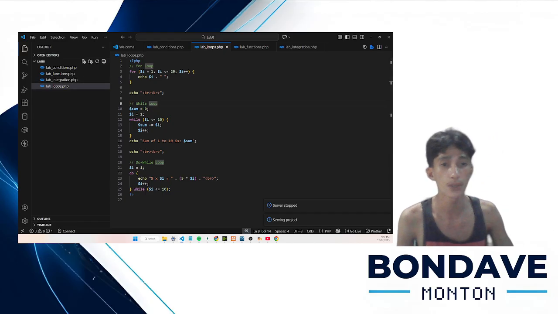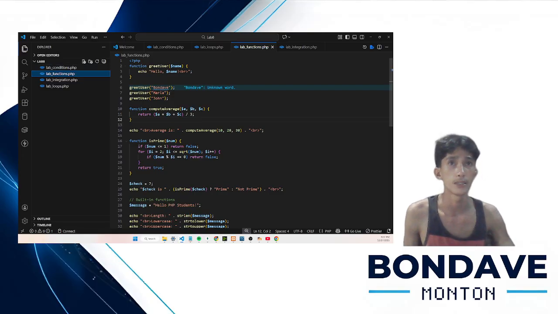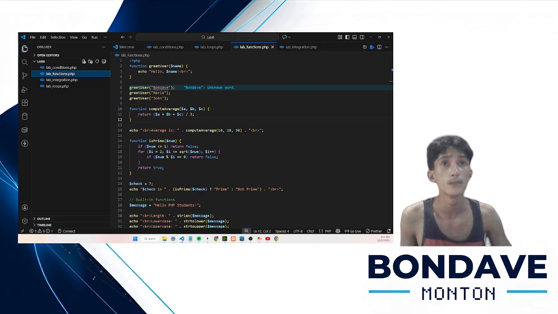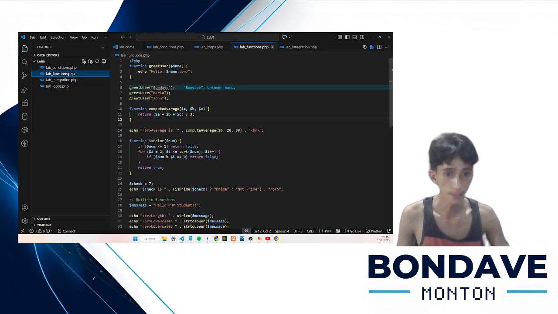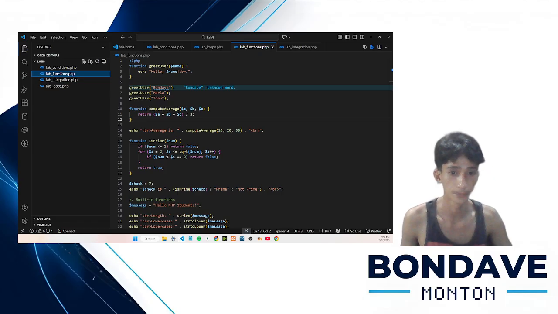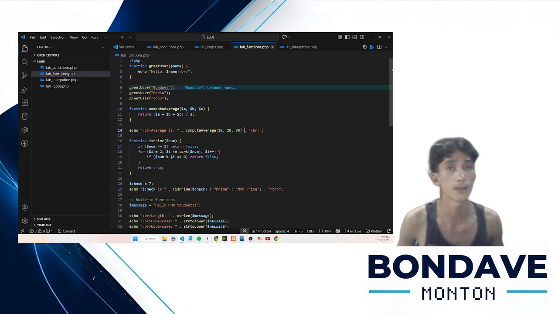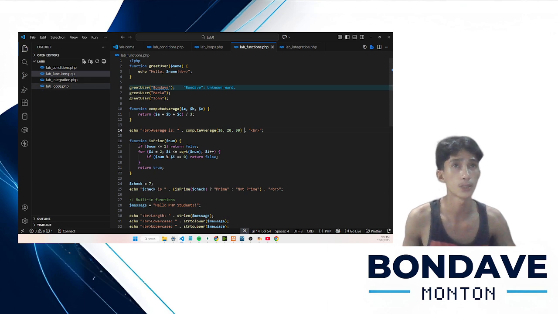So now we proceed to the function part right here. In this lab, it's called the lab function dot PHP.